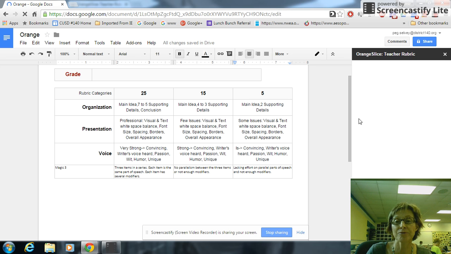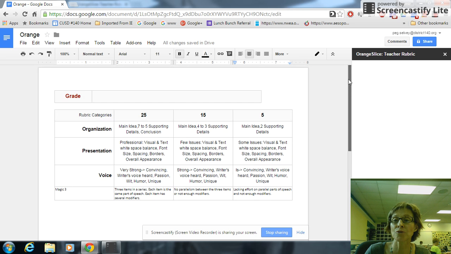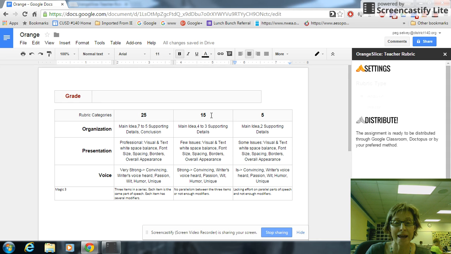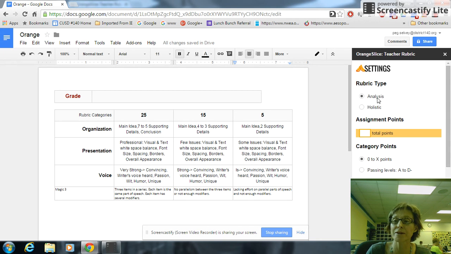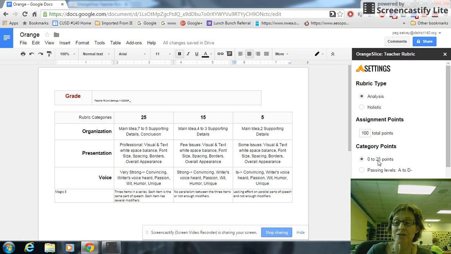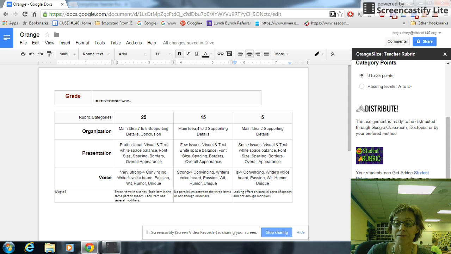At that point, you have a few more decisions to make. Scoring the rubric means that you're going to have to pick whether you want it analytical. Analytical means it's using these numbers up here. Holistic would have been the grades. So the total points here, as I've looked through, I have 4 columns. It's going to have to be 100 points total because of the 25. Once I click off of that, that will change to the 0 to 25 points. I go down to finished,